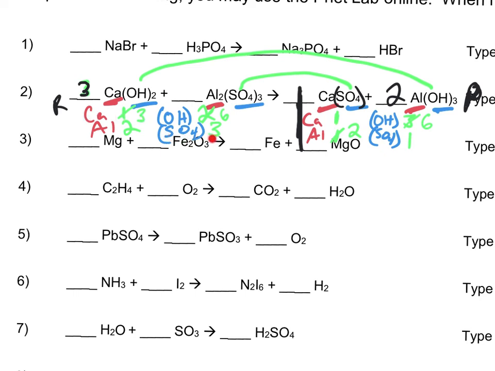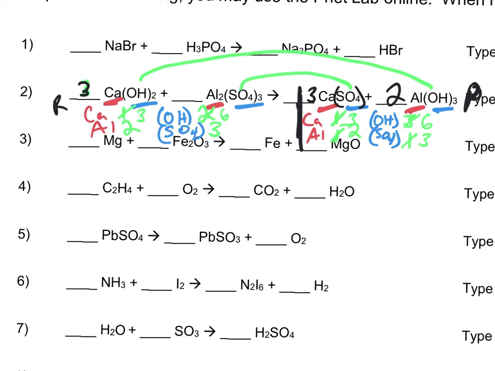I have 3 of the SO4s, the sulfates, and I have 1 SO4. So I'm just going to balance the calcium by putting a 3 on the product side. What that did is I now have 3 calciums, but the 3 also applies to the sulfate,